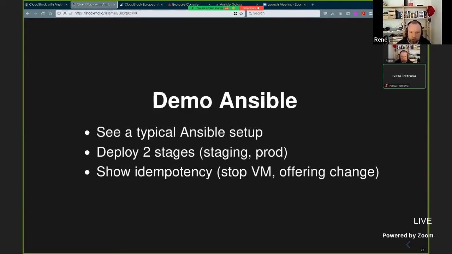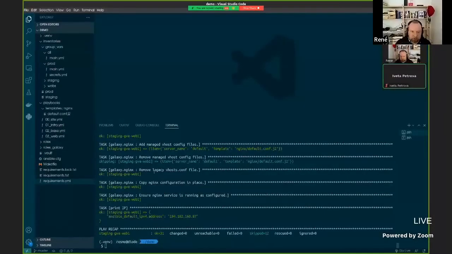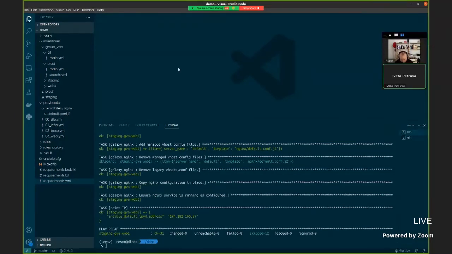I will also show idempotency, a stopped VM, and an offering change. That's what I do. So I switch to our little setup. Can you see that well, Iveta? Yep, we can see your screen pretty well.